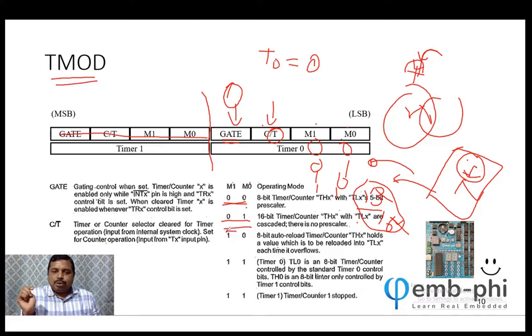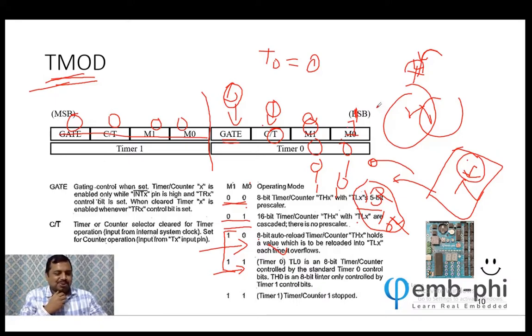The other two options we are going to use a little in the future. We will use one in communication, and the other we may not use, but we are going to use it in communication shortly in our upcoming videos. I hope you understand. So we have to write 0 and 1 here. In the TMOD register, if we don't want to use timer 1, we write 0000, and gate will be 0, C/T will be 0, and this will be 01. So in TMOD, we will be writing 01 in hexadecimal. Do you understand? I hope you are getting what I am saying.